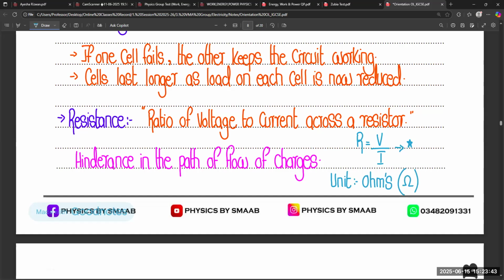So this is the SI unit of resistance. The formula of resistance is very simple, and you can observe one more thing: in the resistance formula, we have the previous quantities included also, the voltage quantity and the electric current quantity that we already studied. So now we have a combination of all three quantities together: voltage, current and resistance.